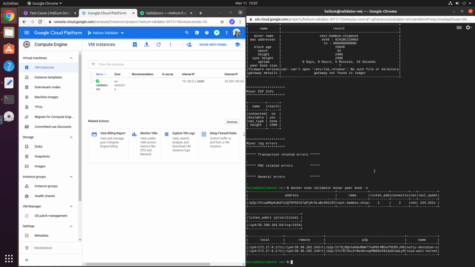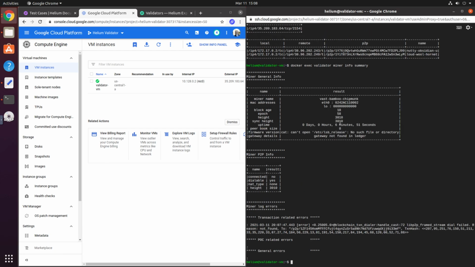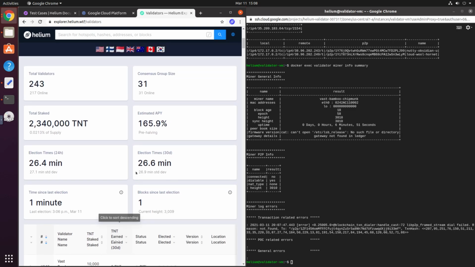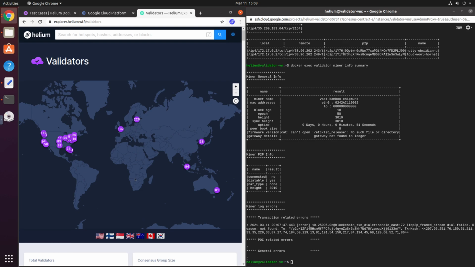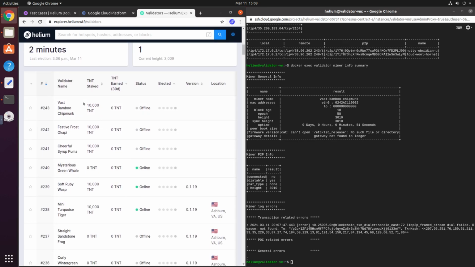Okay, so let's go ahead and run the info summary command again and see if we are synced up. Looks like we are at block 3010, and let's go ahead and look at the explorer, and it's also around 3010, so that means we are synced up, but it does look like we are still offline. We'll have to give it a few more minutes. It does take a while. The validator has to publish that it is synced up, so that will take a while before you see that